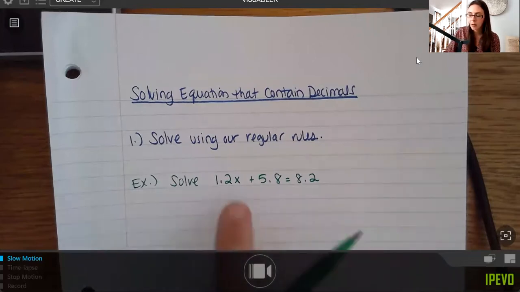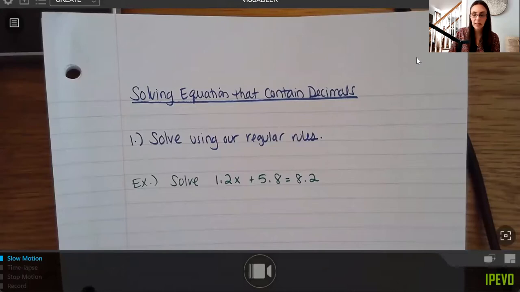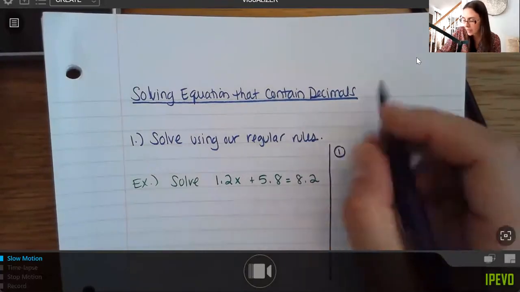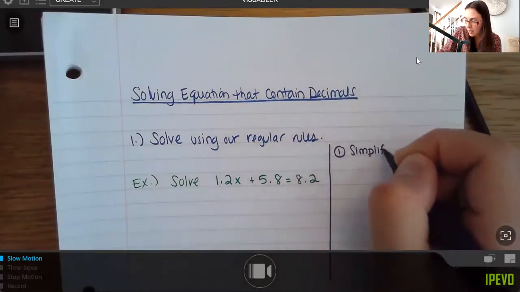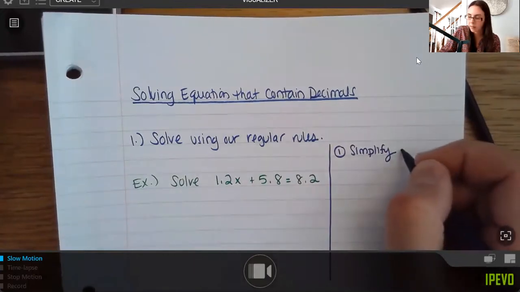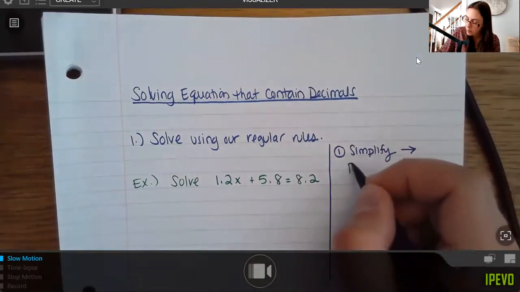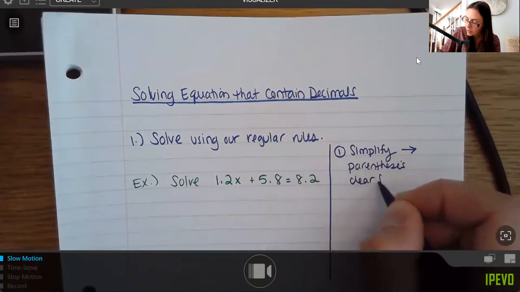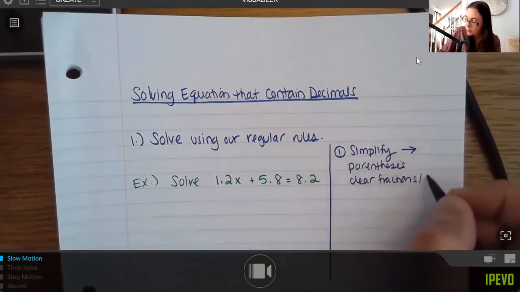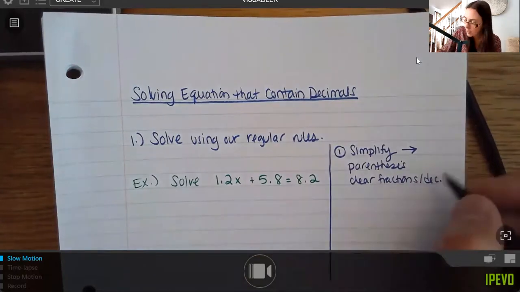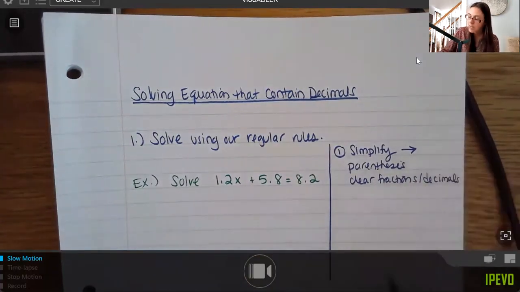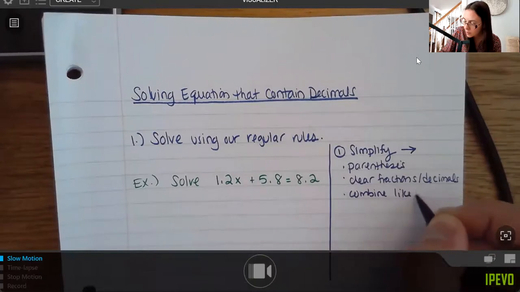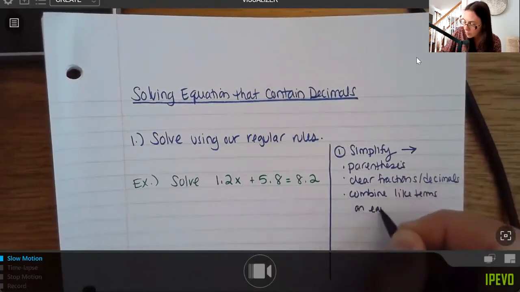Now, if you notice here, go back to your regular rules. So the first thing that you would do here, maybe we should kind of recap that, is to really simplify everything that you can, right? So I'm just doing a really quick recap here. So we would do things like parentheses. We could clear out fractions if we have them. You can also clear decimals, which I'll do in the next strategy. So right now I'm not going to do that. That's an optional thing. And then you can also combine like terms on each side